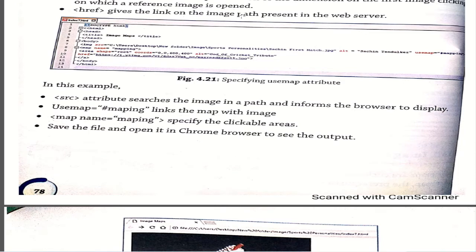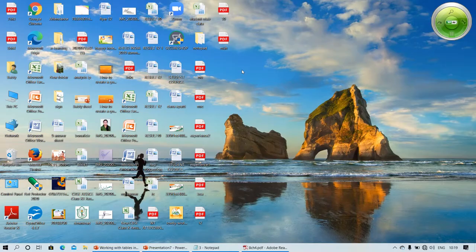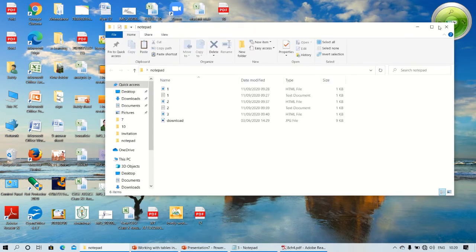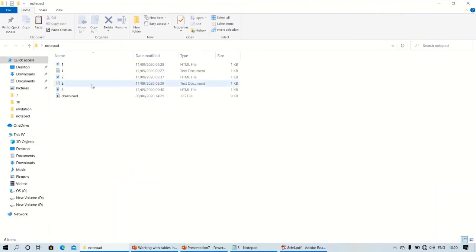Okay, so let's see. First I need to create one folder. Under the folder I am making you understand the first example. Under that I first need to copy my image. This is my image. I have written my document over here.